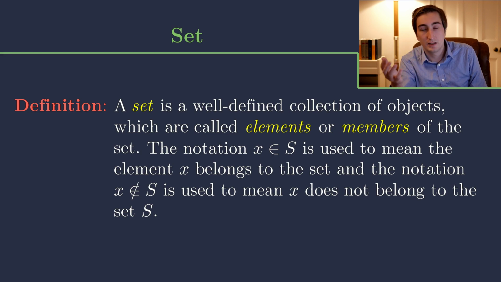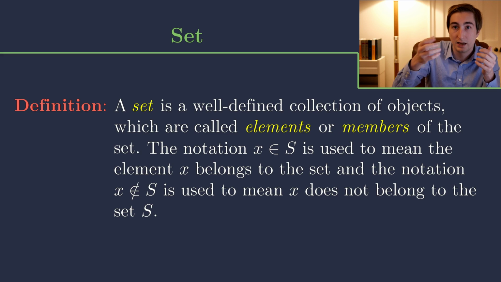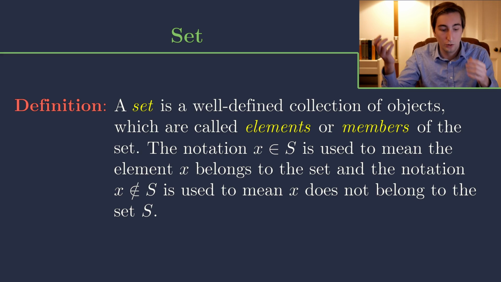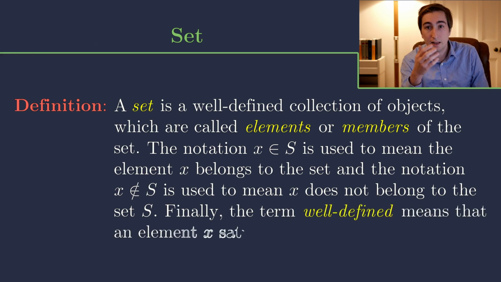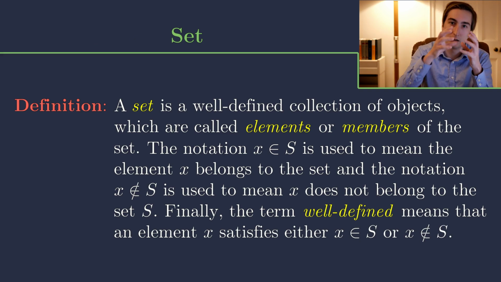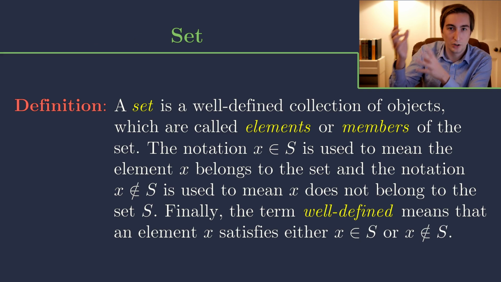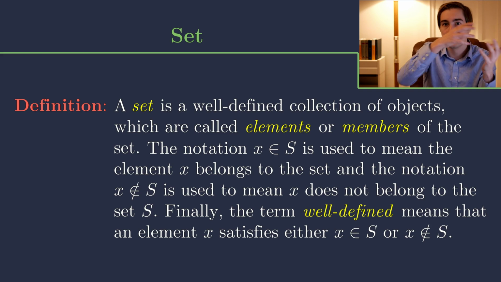So well-defined in this setting just captures the idea that the objects I'm putting into my set must either be in the set or not in the set. We say that an element is well-defined if it is either in the set or not in the set. This is the idea that the yellow ball must either be in the set or not in the set,